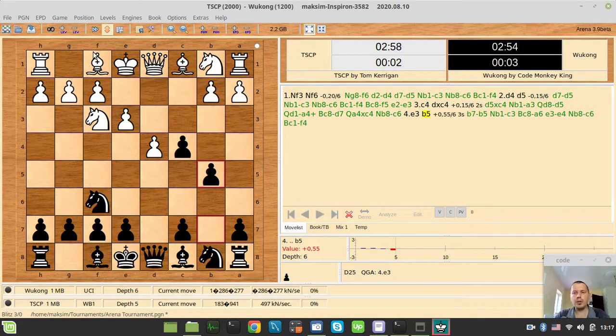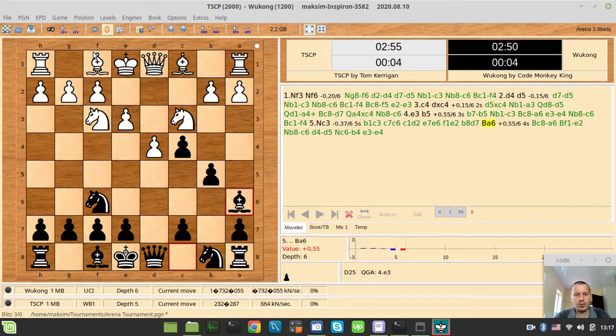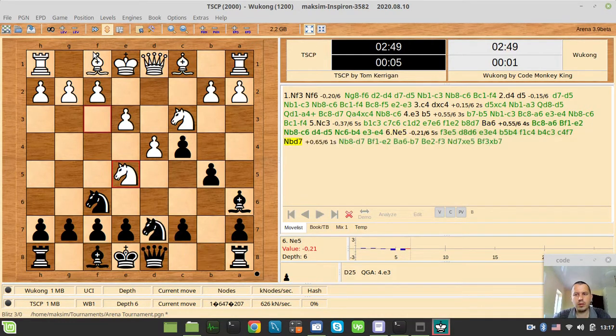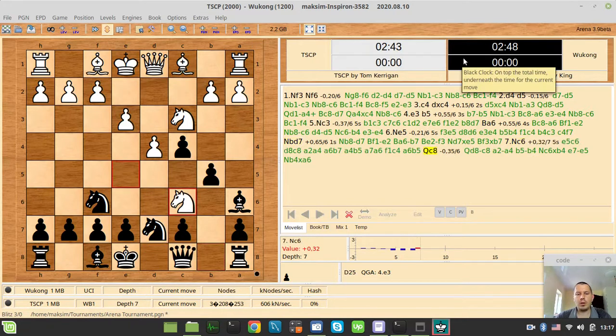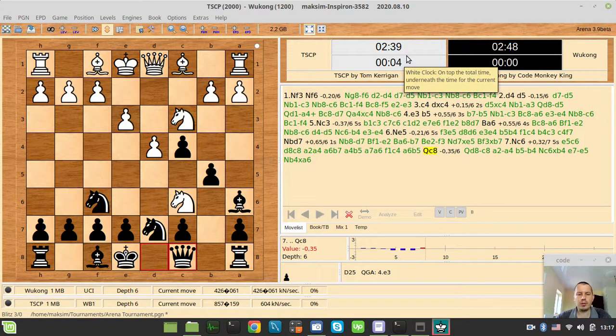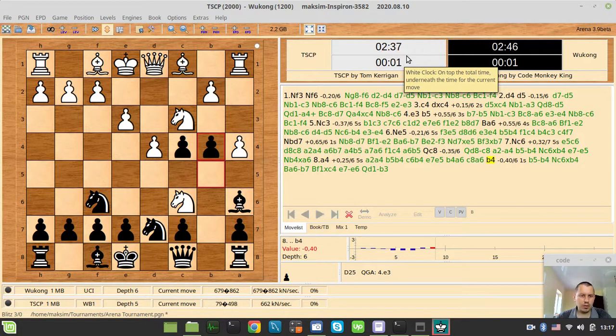If we have a look at the time spent by TSCP versus the time spent by Wukong, now they are about equal, but eventually TSCP would start losing on time, and this is really interesting. You see Wukong making moves faster. Maybe not much faster, but when we go a bit further into the game, even though unfortunately he still loses this game,